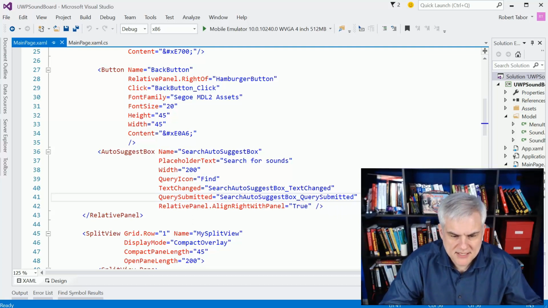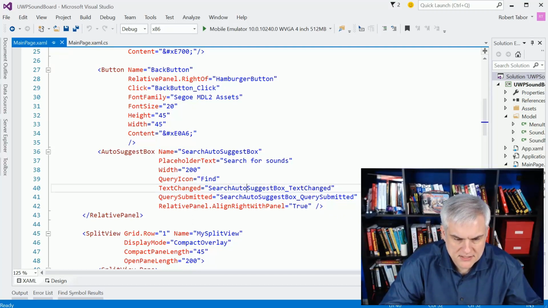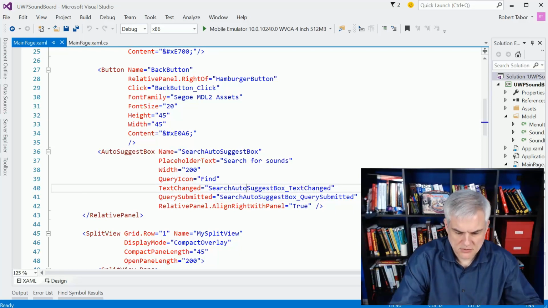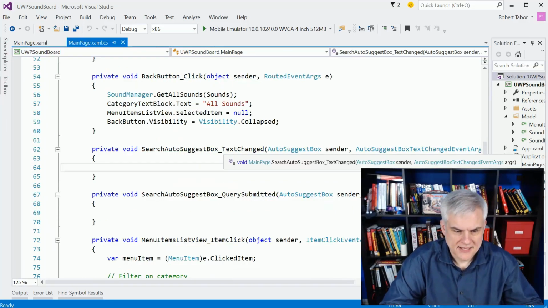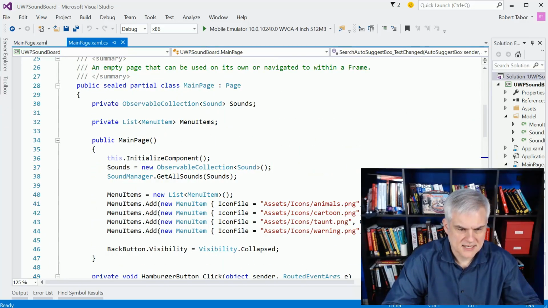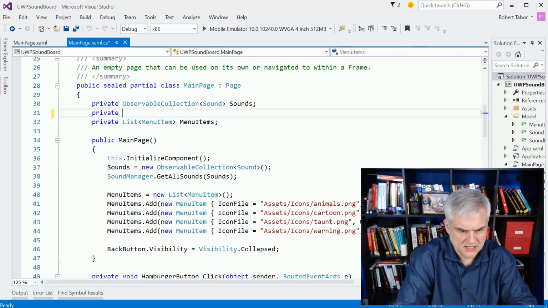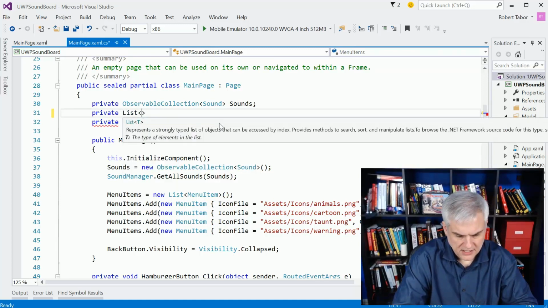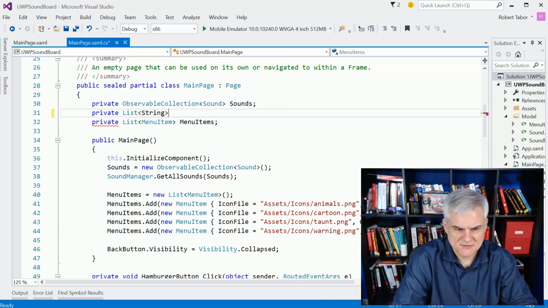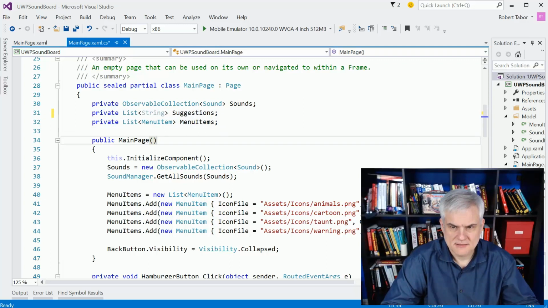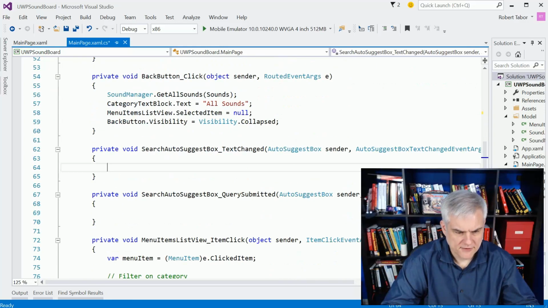Alright, so to implement this, we have two events to handle: the text change and the query submitted. So let's go ahead and get started in there. And what we're going to need is another, let's stick it in the middle here between these two, another, I think this time it's just going to be a list of string called suggestions. And I'll populate the suggestions with whatever we get back from,